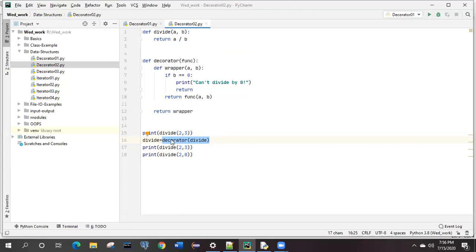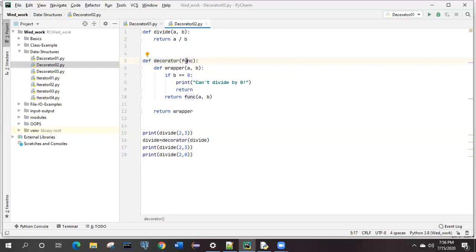So let's jump. If you see this line, it is saying that decode is a function which is having one function as the argument. So it will search in the whole application where the decorator function is. It will come to this line because here is the definition, and as I mentioned, it is a function itself. What value it has as the argument? From here we are passing divide, right? So it will search where divide is. It is present over here. So this divide method will be passed over here.